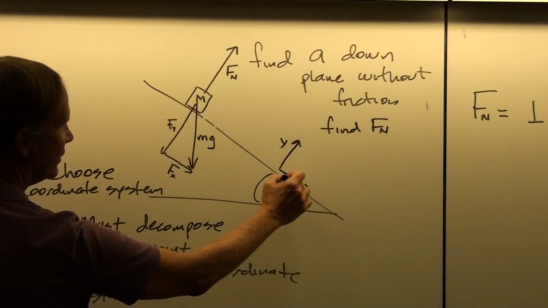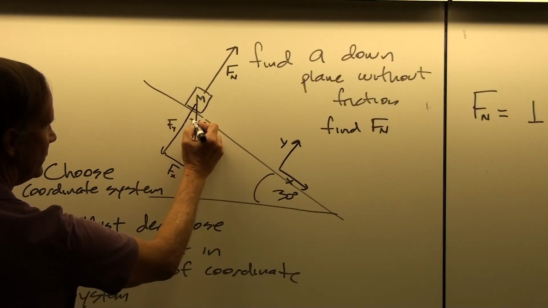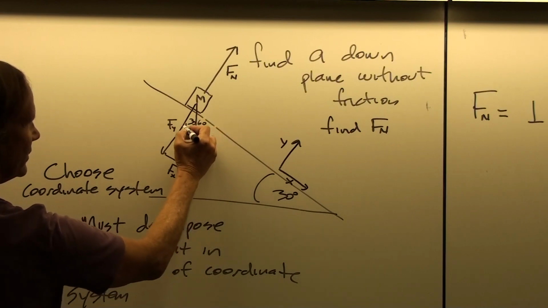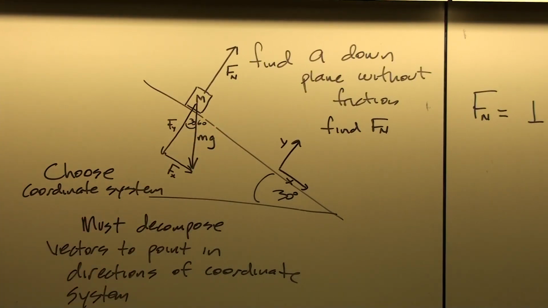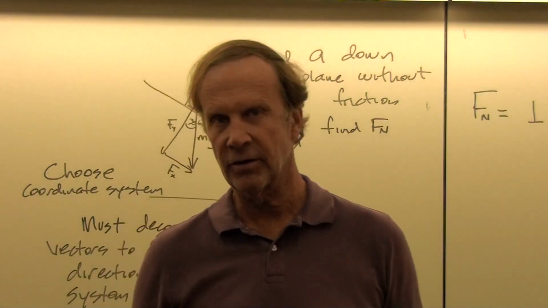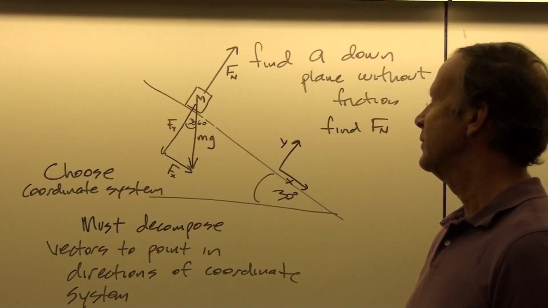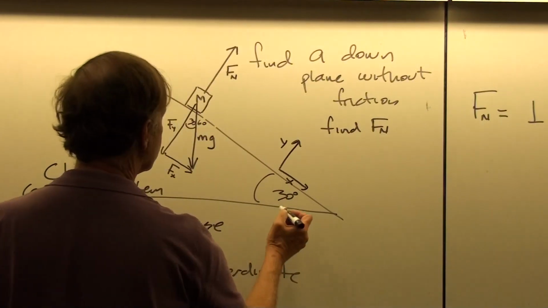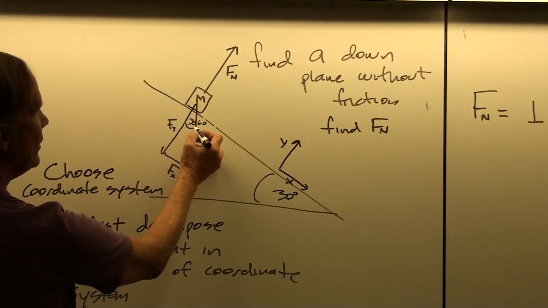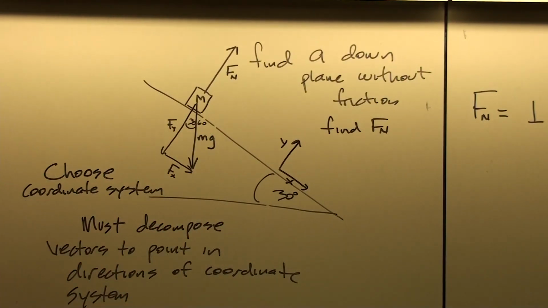Easiest way to do that is to look at this triangle here. If you look at this triangle, this is a 60-degree angle, so that must be a 30-degree angle, because this angle is also 90. And although it's easy enough for me to see that right now, if you don't look at it the right way on, say, an exam or something, you might get those mixed up. And so I think it's probably better for these kind of problems just to remember that that angle is the same as that angle and not try to prove it every time. You know, proving it once is enough.